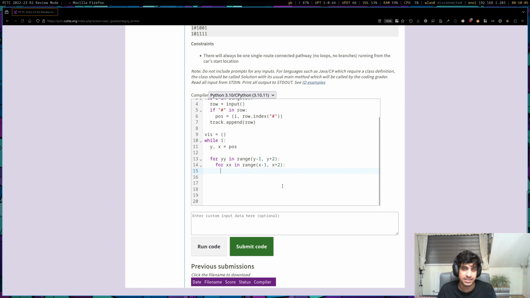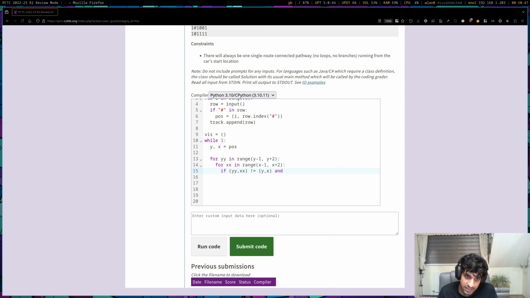So what are the conditions of the cells that we do want? Well, if our cell is not the same as our current cell, so if (yy, xx) does not equal (y, x). This is just an easy way of checking if our coordinates are the same by putting them both into a tuple and checking if they're the same. Before we move on, let's clarify: yy and xx represent the new y and new x coordinates, and we're just looping through all possibilities to find the correct one. So if our new coordinate does not equal our current coordinate,